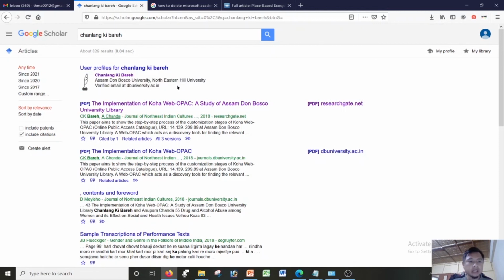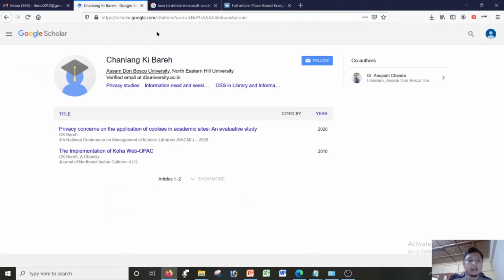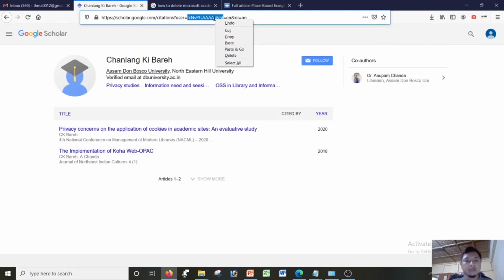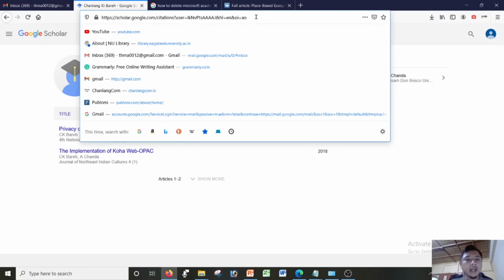I have not updated my Nagaland University, but anyway, click on your name here, and you'll find in the URL, in between, this equal sign followed by a string of small and upper case letters. You save this, and this is your Google Scholar ID.